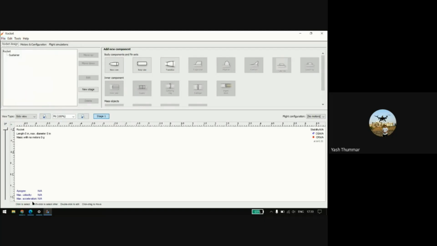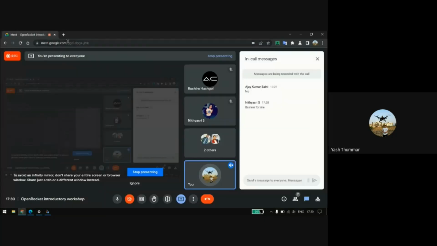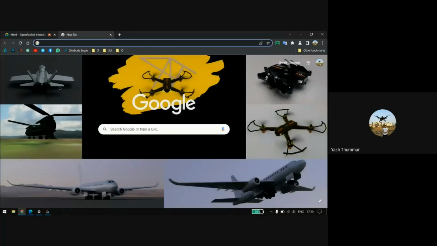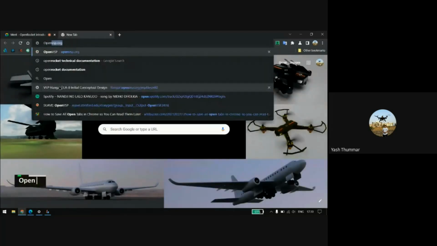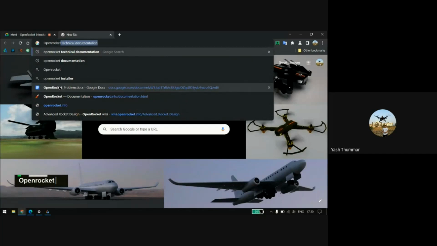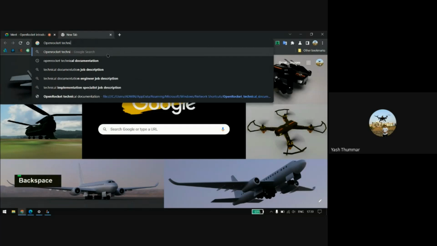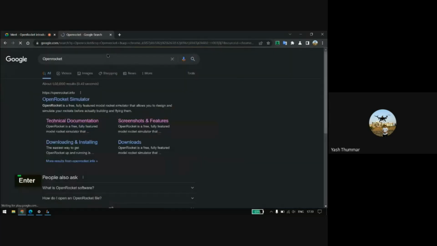Let me first introduce how you will download. Simply go to the OpenRocket simulator site.